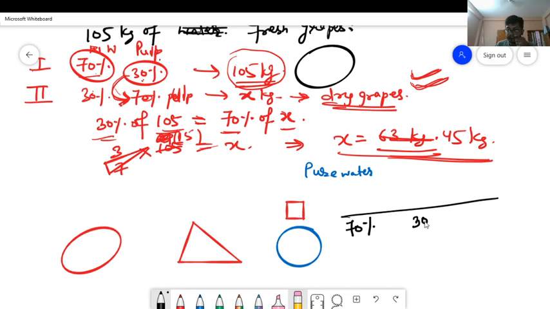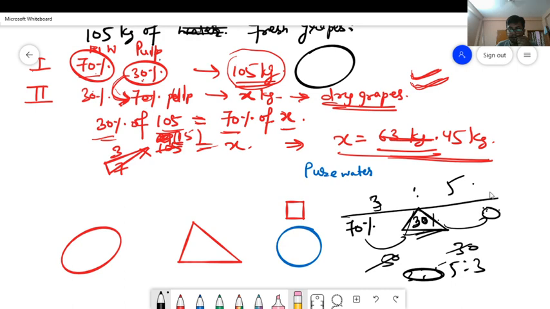If I put 30% of water here, then what would I add here? If I add 0 here, then I would get 70, 30, 50. This will get 5 is to 3, 3 is to 5. This was 5 is to 3, so this will be 3 is to 5. No, this won't be the case. 5 is to 3, 8 is coming here, or it would be 70.